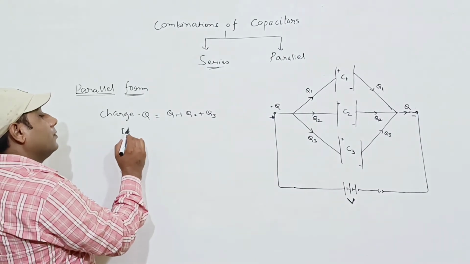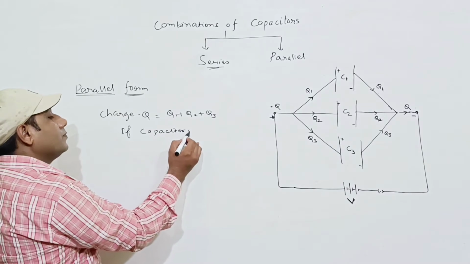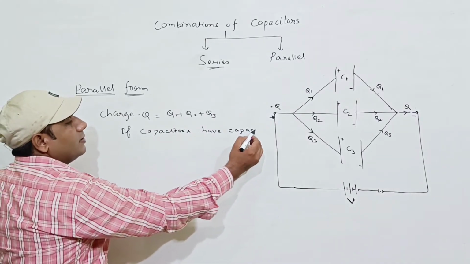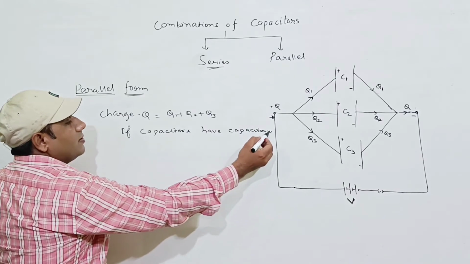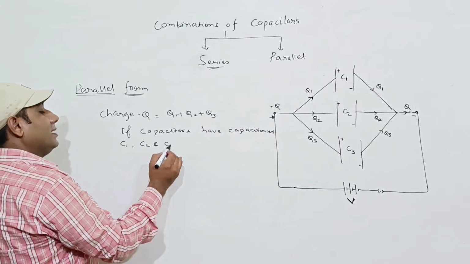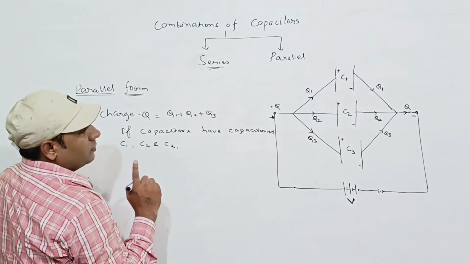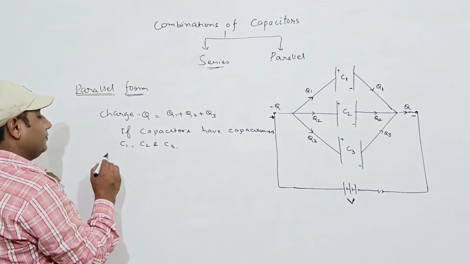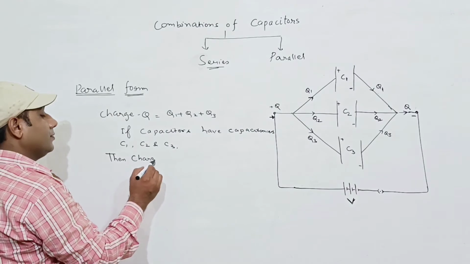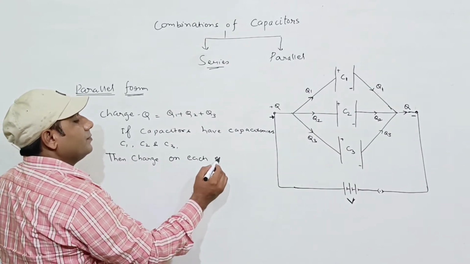If the capacitors have capacitances C1, C2 and C3, then the charge on each capacitor